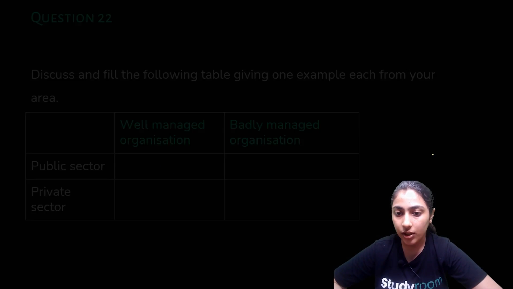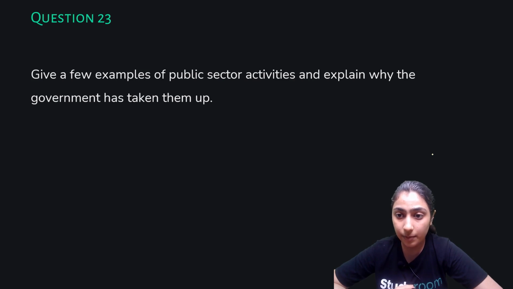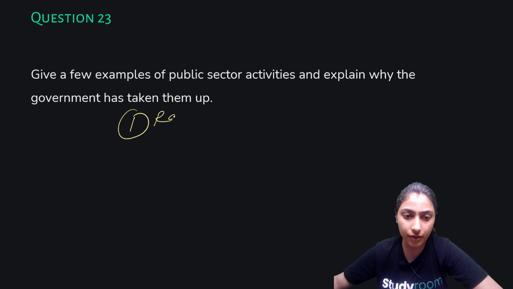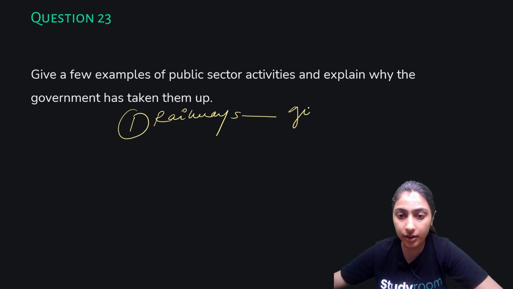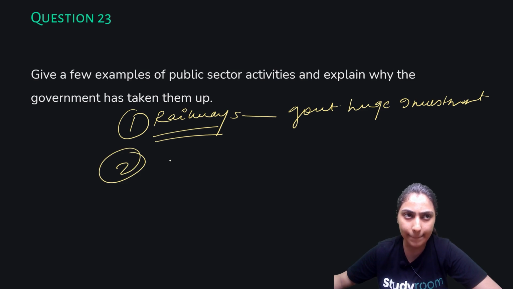Moving forward, give a few examples of public sector activities and explain why the government has taken them up. The first example is railway. The reason being that only government can put such a huge investment in this type of welfare, especially when it comes to the public, and it also provides transportation facilities to all categories of people at a very cheap rate. Moving forward, you can take AIIMS